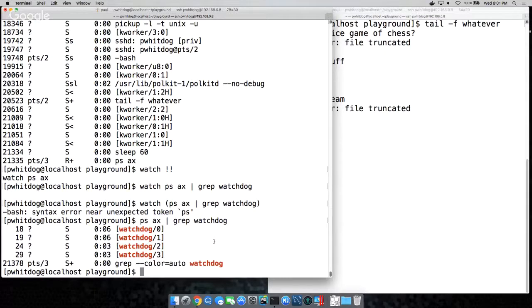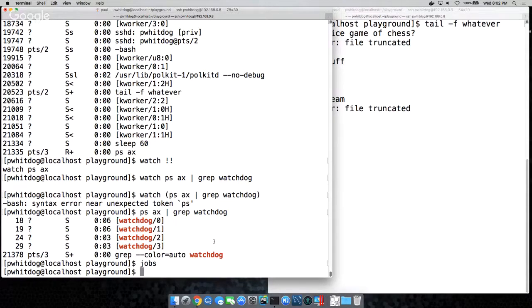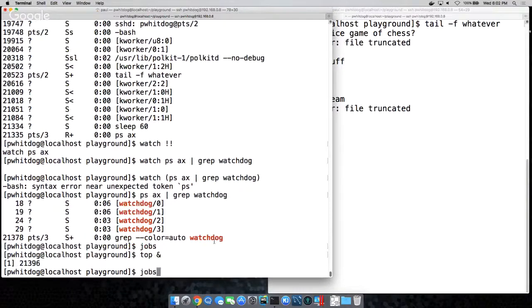If you want to look at the standard out from that backgrounded process, you do jobs, I think. Jobs will show you all the things running, and then you can bring it back to the foreground. No jobs here, you don't have anything running. Can you run your top command? Sure, you could go top ampersand, and then say jobs.